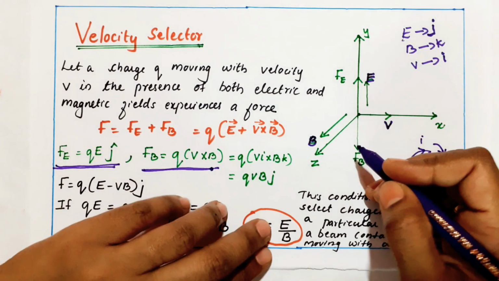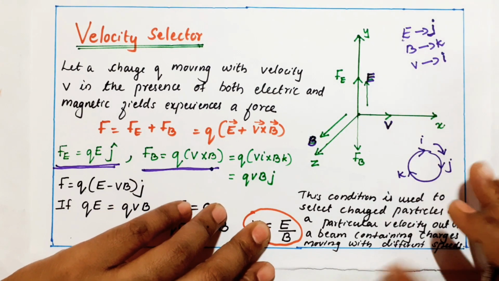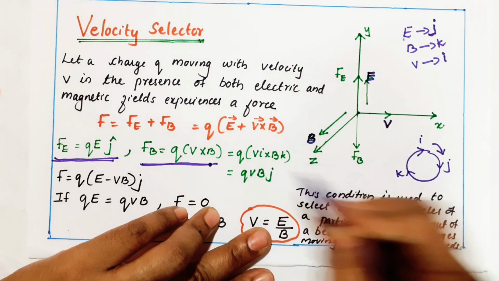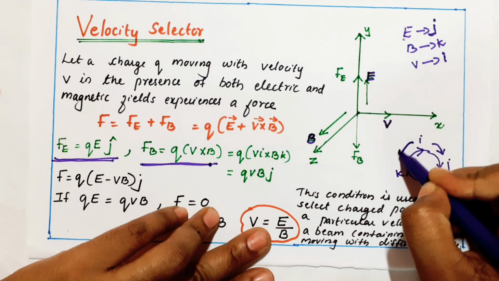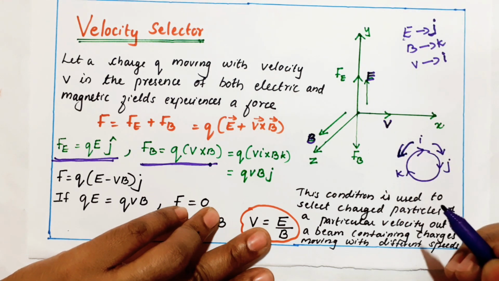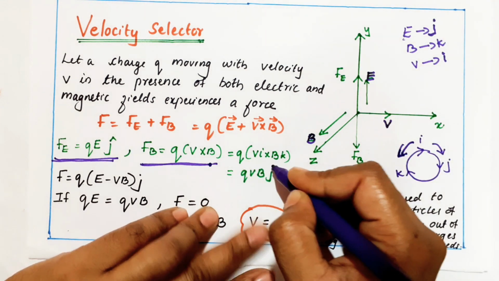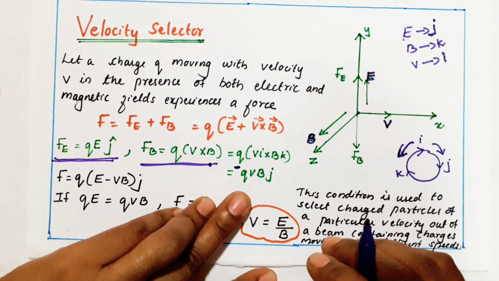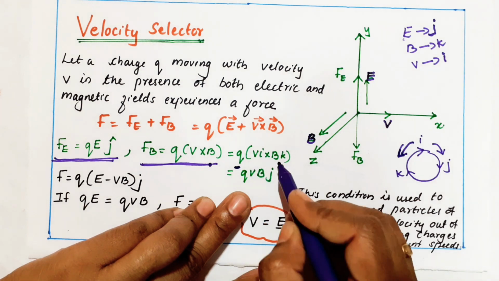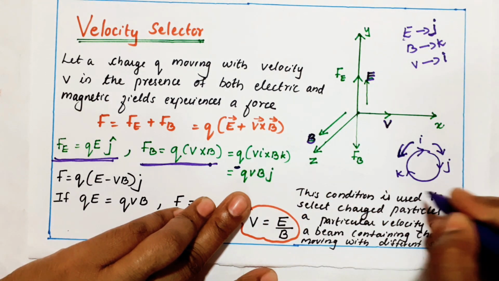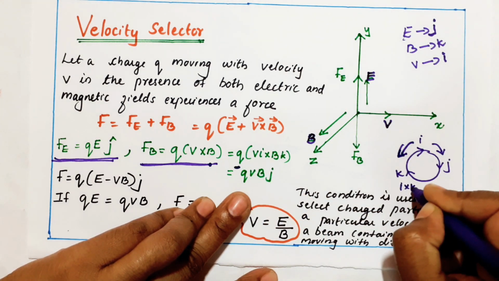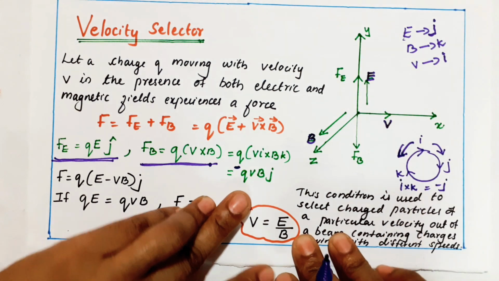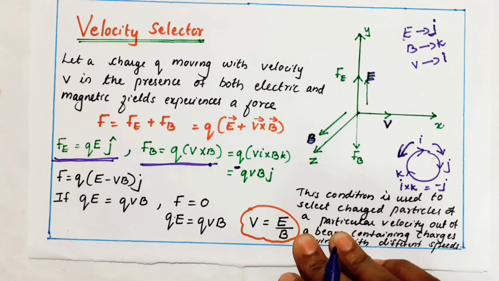See here we have the vector method. So I cross J is K. But here it is I cross K. I cross K means it is coming in the opposite direction. If it is coming in the opposite direction, I cross K is nothing but minus J. Clear? I cross K is equal to minus J, because K cross I is only J. So I cross K is minus J.